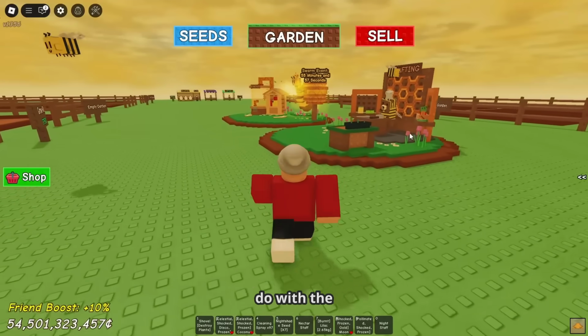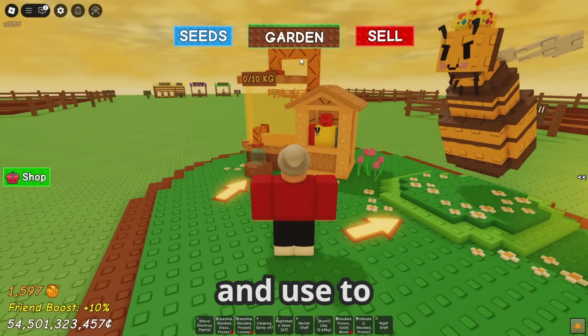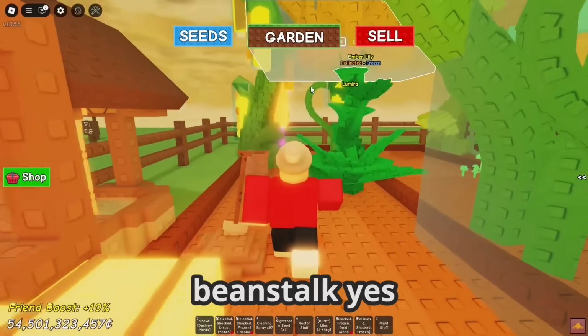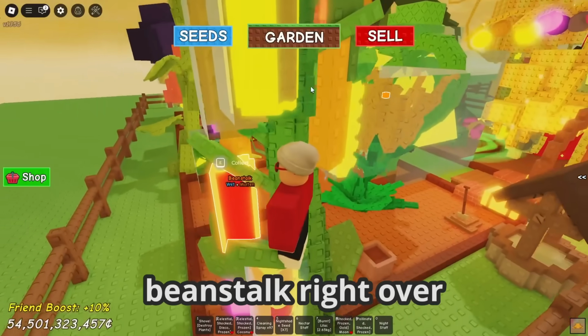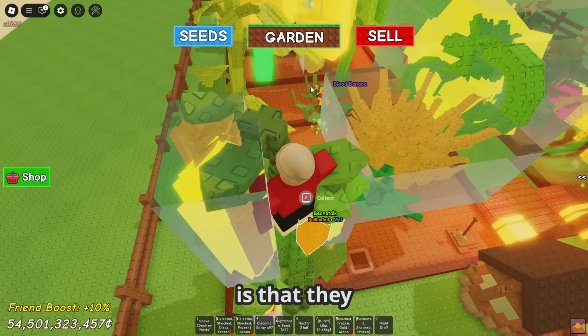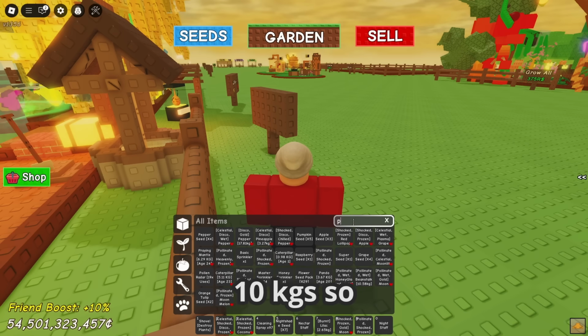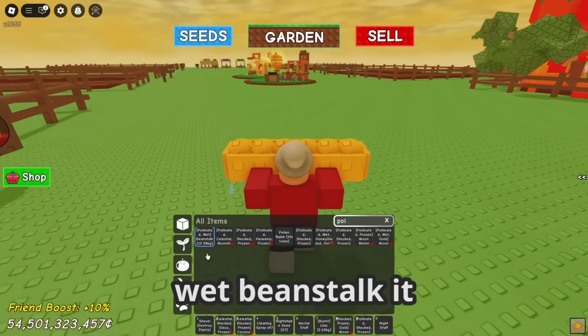Our next tip has to do with the pollinator right over here. The best fruits to use to get yourself a bunch of honey are going to be something like beanstalk. Yes, beanstalk is actually very, very good. As you can see, I have a beanstalk right over here, and the cool thing about beanstalks, guys, is that they are always over 10 kgs. So if you check this out, look at this, pollinated wet beanstalk, it is going to be about 10 kgs,